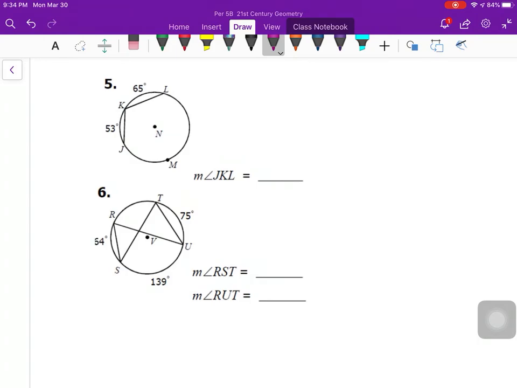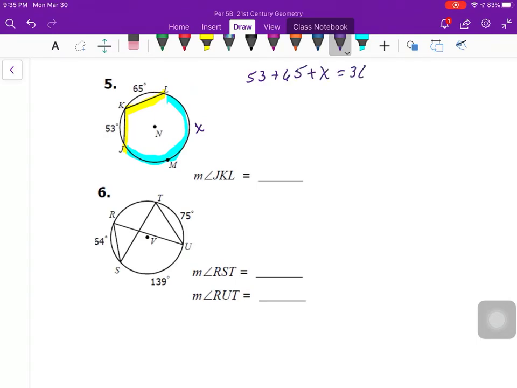Let's try another example. So number 5. Now in number 5, they've asked me for the measure of angle JKL. So they want me to find this angle right here. Now to find that angle, I'd really like to know this arc out here. So I'm first going to find that arc. And to find that arc,